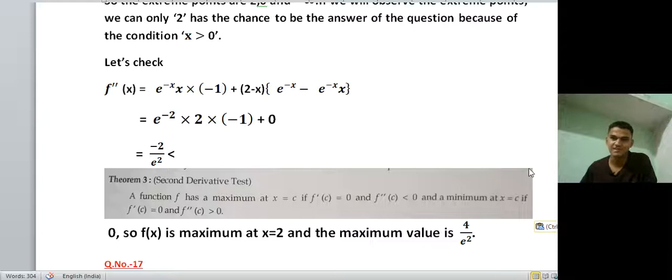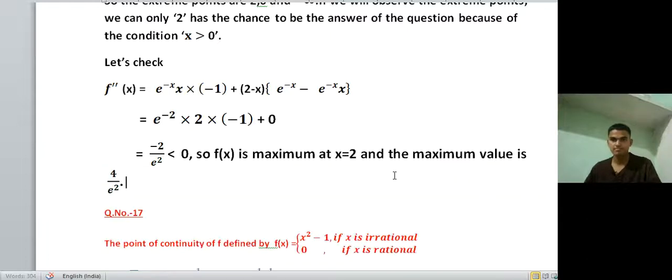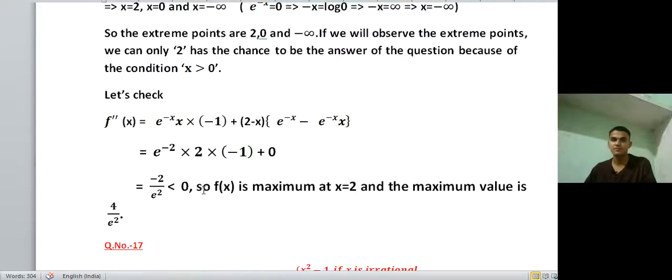You can see this definition. So here this is a negative number, and this is less than 0. So f of x is maximum at x is equal to 2, and the maximum value,